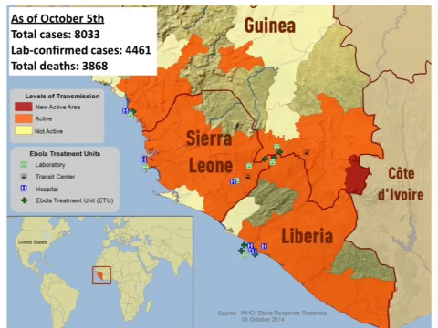And you can see here that there are a lot of locations where it's spreading. There are some places where it's not active, and you can even see a few places that are considered new active areas. What's kind of interesting is there are treatment centers that are spread out, but they're few and far between considering the severity of the outbreak.